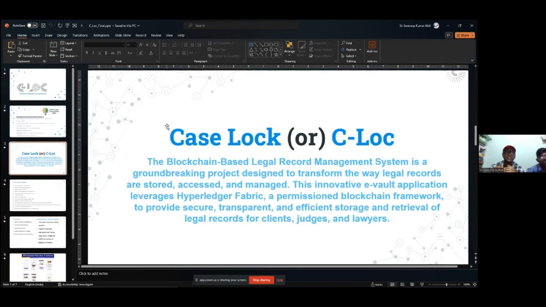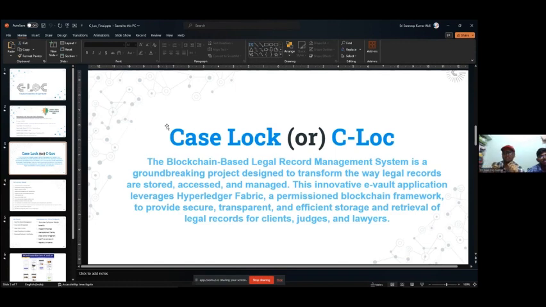It's very parallel to the physical law record management system. Whatever files or evidence are available for a particular case are only accessible to the lawyer, the client, and the judge, which can be paralleled here without anybody's intervention.